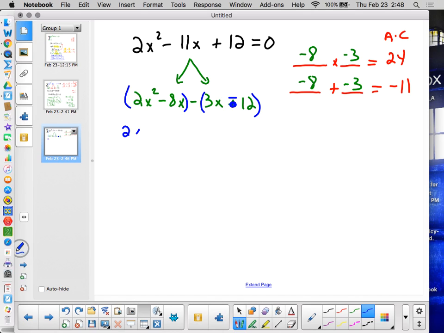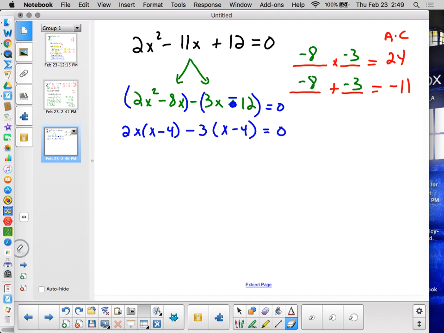So you factor out the 2x, and I'm left with x minus 4. And factor out here the greatest common factor, which is a 3, and x minus 4. The insides match perfectly. We're still equal to 0 here, by the way, all along. So x minus 4 is a common factor, and we're left with a 2x minus 3